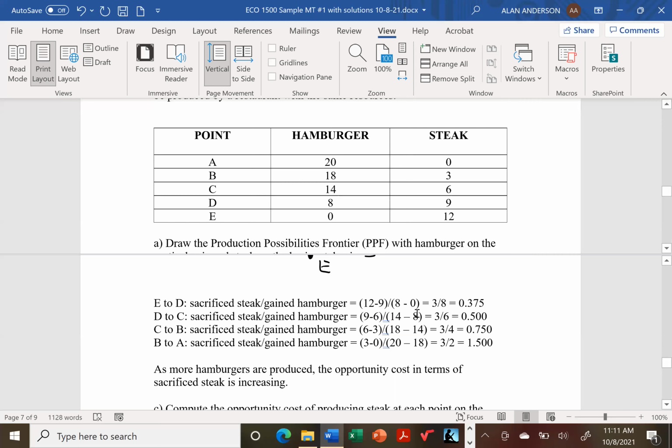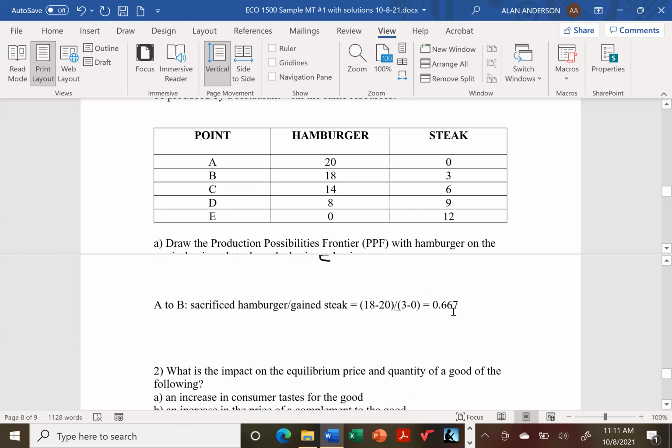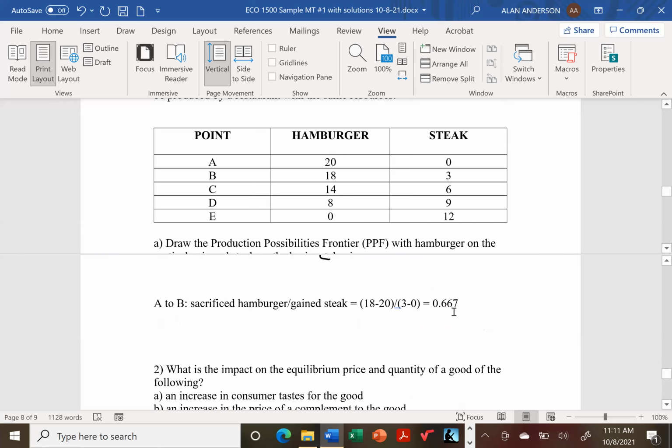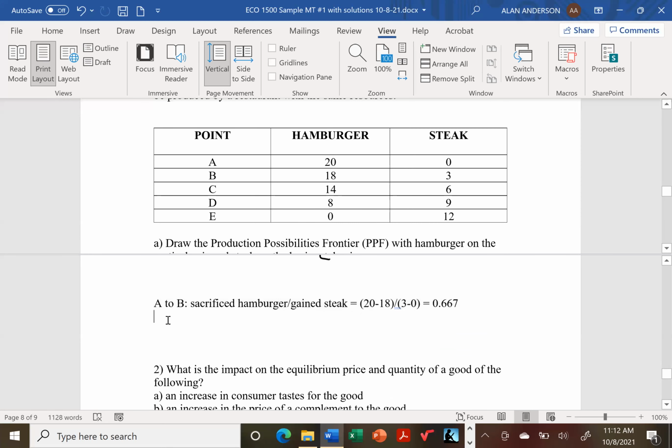It's understood that these numbers are negative, but we can ignore them and just think of them as positive numbers. So therefore, I shouldn't have written it like this. Just to be consistent, let me write this as 20 minus 18. All right, now I can save a little time